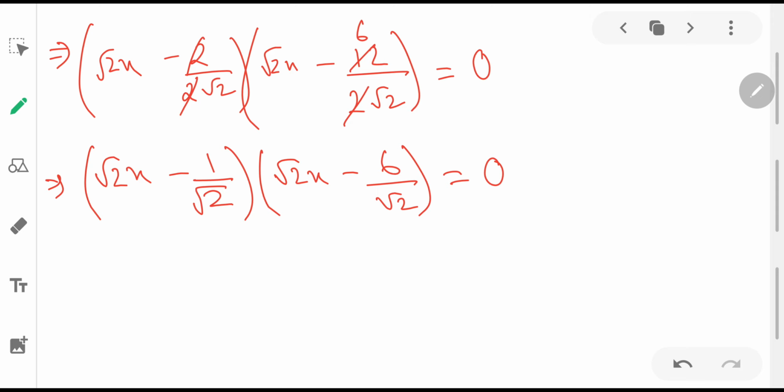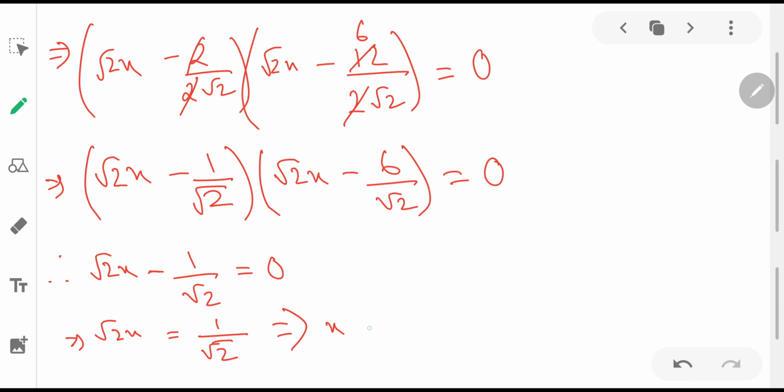So now we can separate out. That means now we can find out the roots. So therefore what we can write? Root 2x minus 1 by root 2 equals 0 implies root 2x equals minus 1 by root 2. If I take it to that side, we will have plus 1 by root 2. So if I solve it further, we will get x equals, with x, root 2 is multiplied, so if it comes to the other side, it will become divide root 2. So we will get how much? Implies x equals 1 by root 2 into root 2, which is 2. So we will get x equals half.